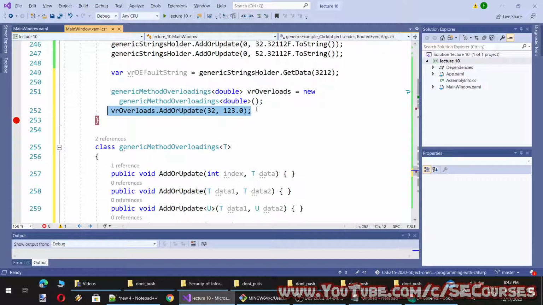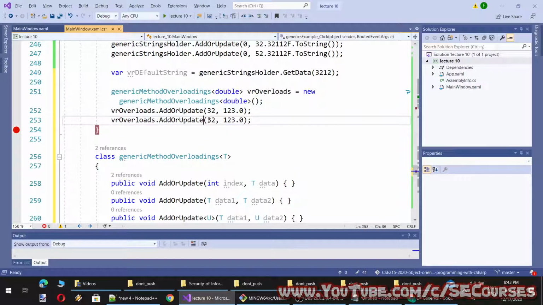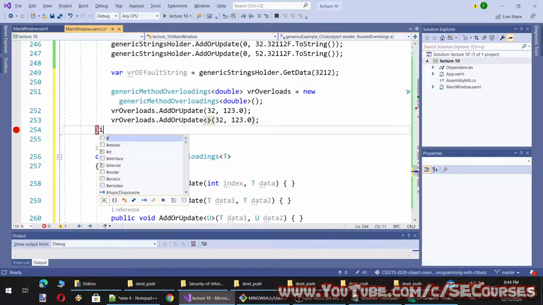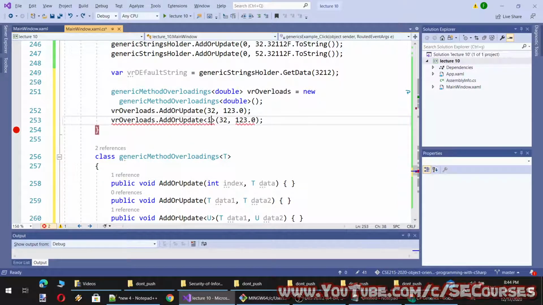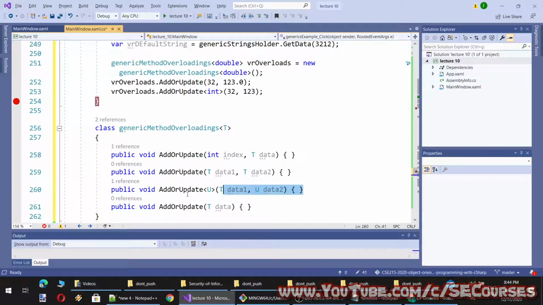And I can also write it like this. Let me show you. Integer and double, like this. Okay, so this one is equal to this one because the first value is integer or double.